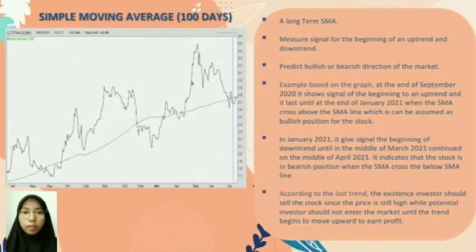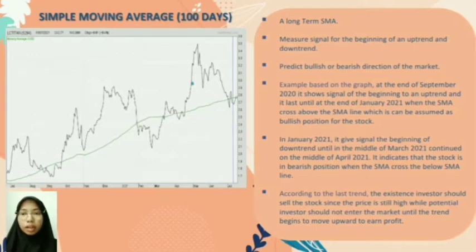It's a long-term SMA. It measures signals for the beginning of an uptrend and downtrend. It also predicts the bullish or bearish direction of the market. Example based on the graph, at the end of September 2020, it shows a signal of the beginning of an uptrend, and it lasts until the end of January 2021 when the SMA crossed above the SMA line,